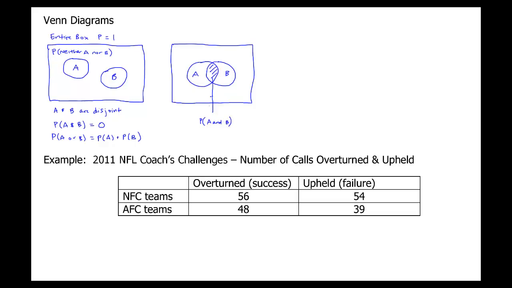So now you can see that when you calculate probabilities, if the probability of A and B is not 0, it's greater than 0. When you do the addition rule, the probability of A or B,